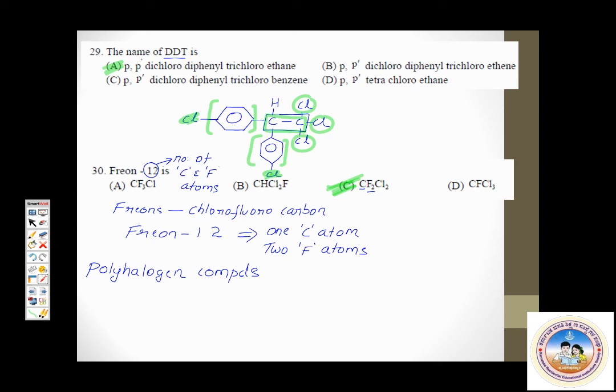Our fourth worksheet will be related to alcohols, phenols, ethers chapter. Let me see if I have time for that. Is time there? Okay, then I'll stop. So the next worksheet is alcohols, phenols, ethers. We will take it up in our next session. Next session will be alcohols, phenols, ethers. Please come prepared.